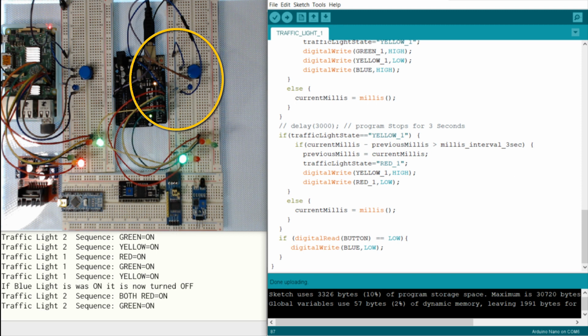Next week we will dive into the programming of the Raspberry Pi so we can see the differences and how